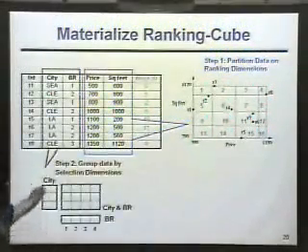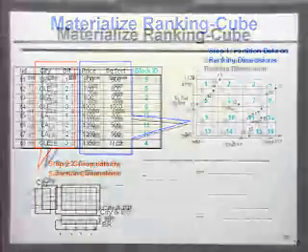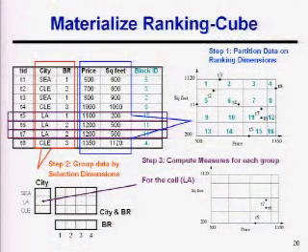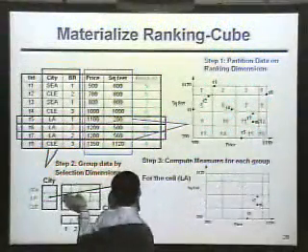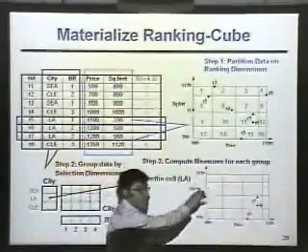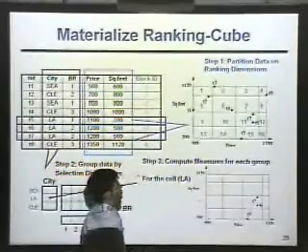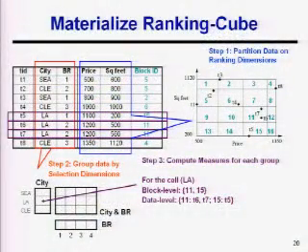Then we can group data by these selection dimensions, and again we have different selection combinations. For CT equal to LA, we know this is the sliced partition obtained by filtering data given this selection condition. But we do not need to store the partition information, because there is only one single partition information, which is stored here. So we just summarize the data based on this partition information.